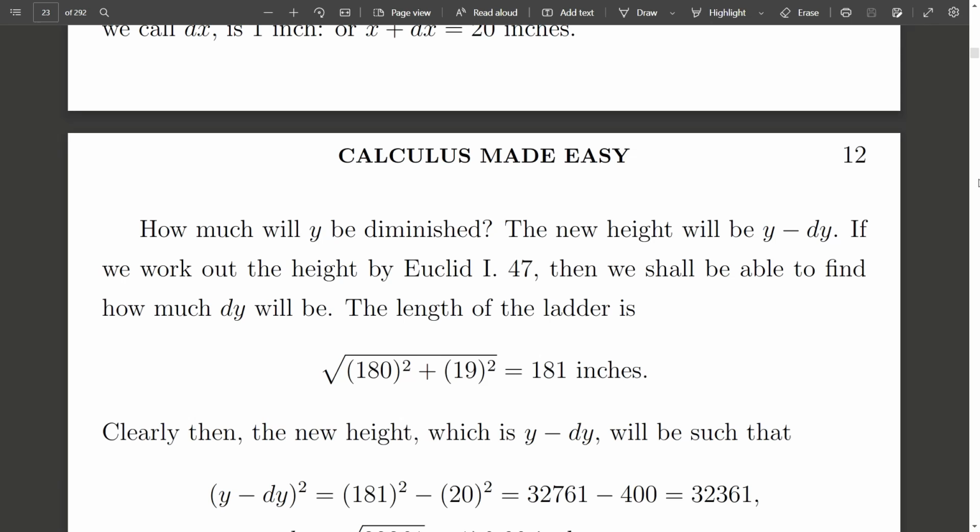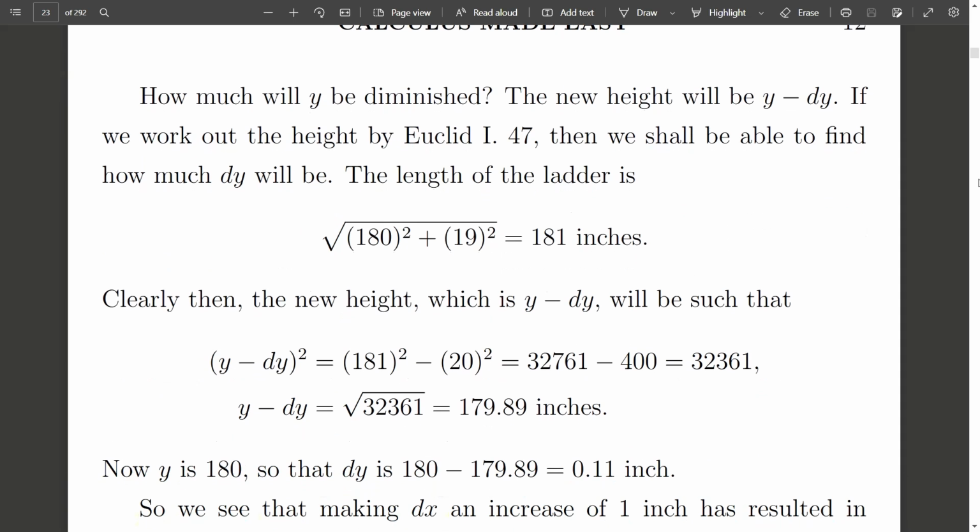If we work out the height by Euclid, then we shall be able to find how much dy will be. The length of the ladder is the square root of 180 squared plus 19 squared, which is equal to 181 inches. Clearly then, the new height, which is y minus dy, will be such that (y minus dy) squared is equal to 181 squared minus 20 squared, which is equal to 32,761 minus 400, which is equal to 32,361. y minus dy is equal to the square root of 32,361, which is equal to